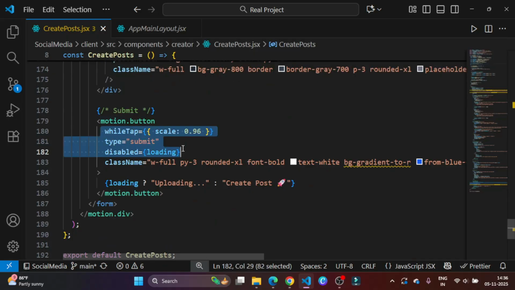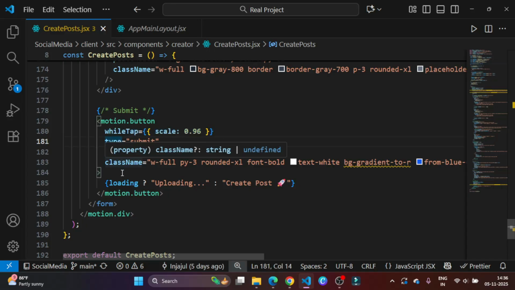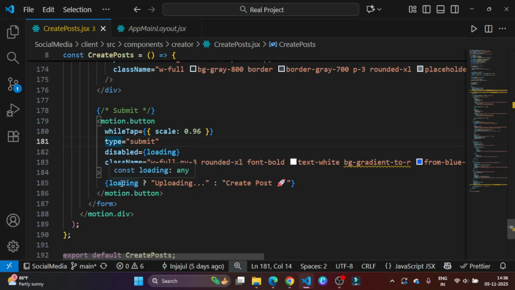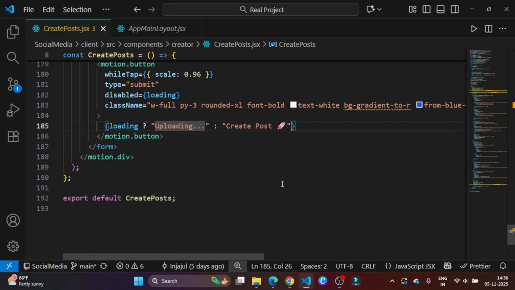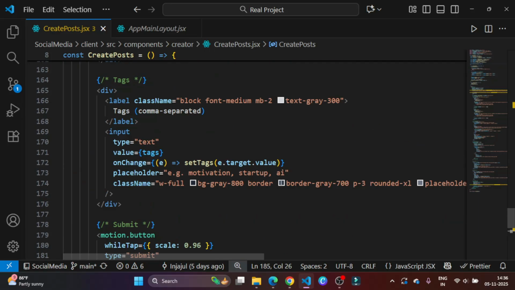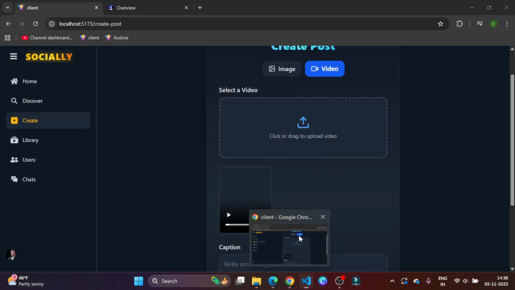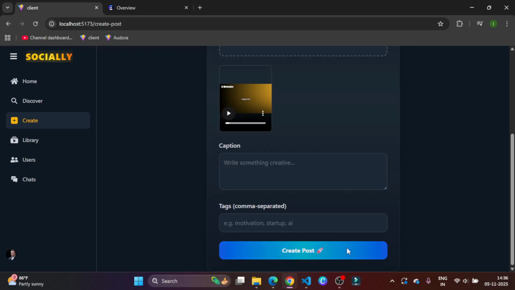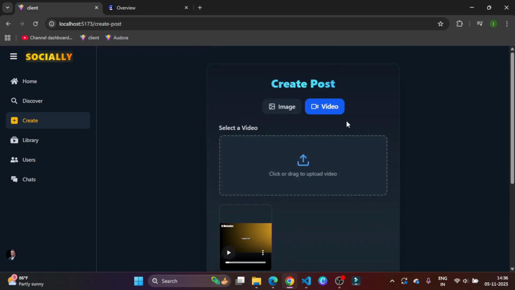So this is just a motion property, and we make it type submit, and we disable it when it's in loading state, and then class, and when it is loading, it shows uploading, otherwise create post with the rocket, right? So this is a create post, and it works, yeah, it works, right? Yeah, and you can design the way you want,